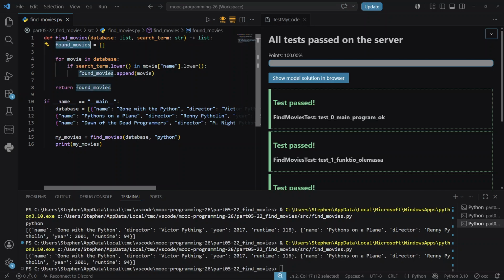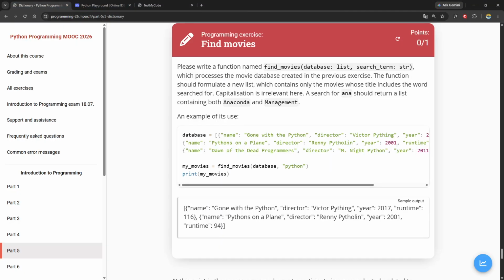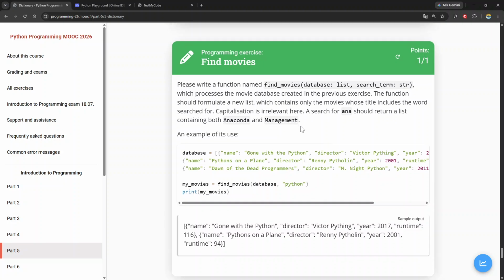We create this list called found movies, set it equal to an empty list. Then we loop through our database for movies. Then we check if the search term is in the movie name with both terms lowercase. Then we append that to the list of found movies, and then we return the movies. And so that's the solution to this exercise. If we go up here and refresh,